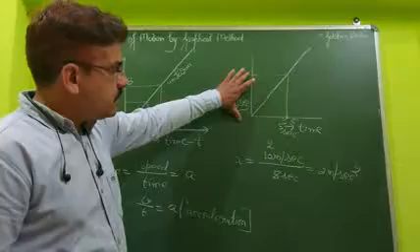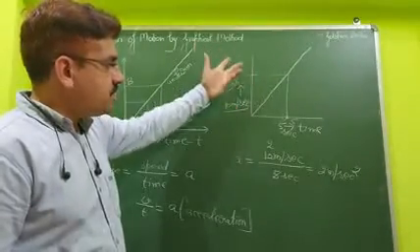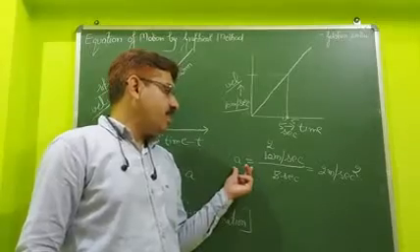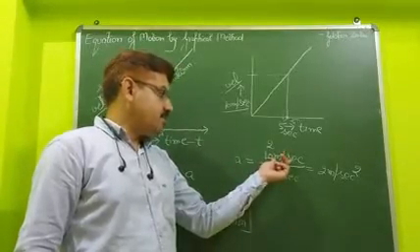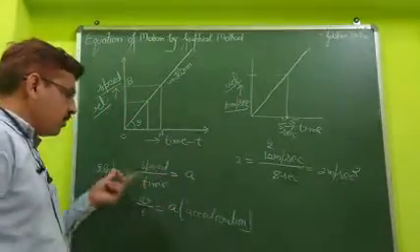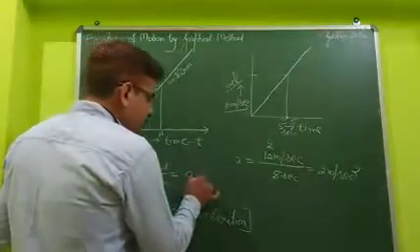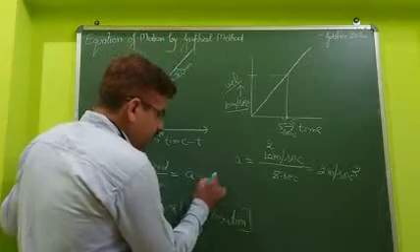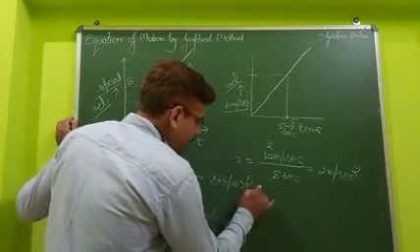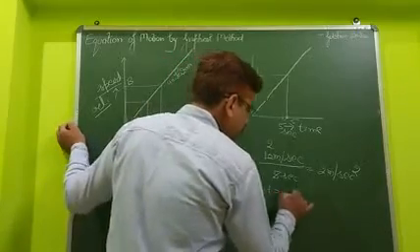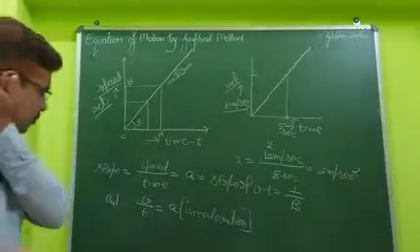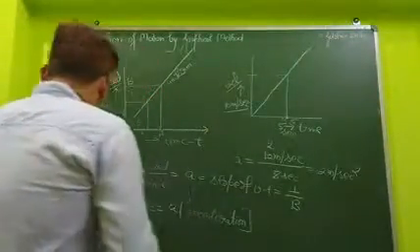Along this direction velocity or speed is there, along this direction time is there. So you know the simple formula of acceleration is speed over time, and from the graph that is nothing but the slope. So a is equal to the slope of the v-t graph, or that is equal to perpendicular over base. So these are the formulas related to slope.